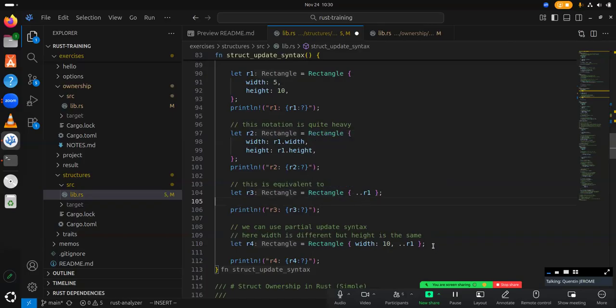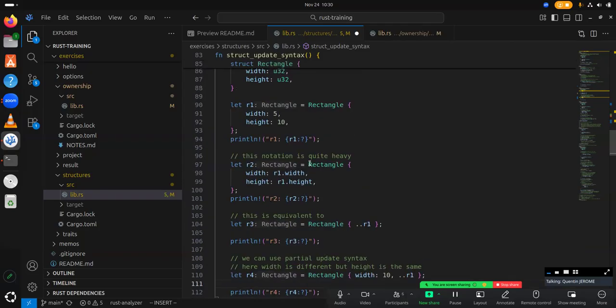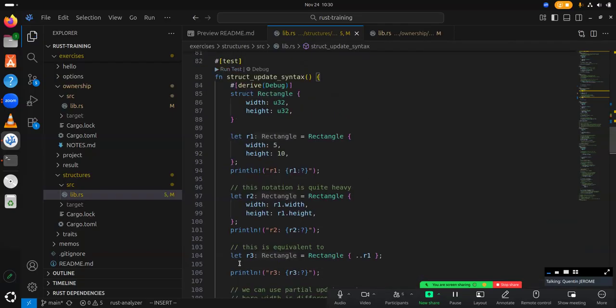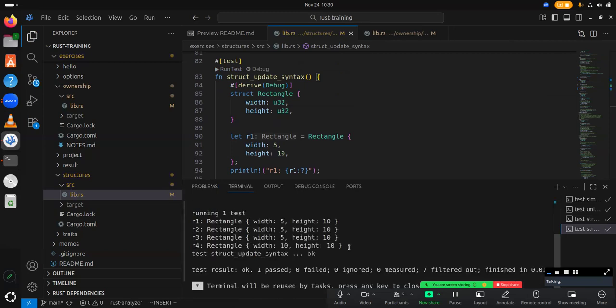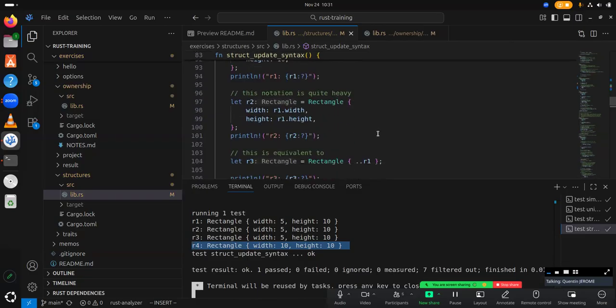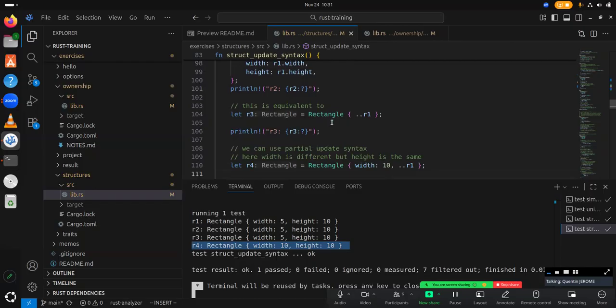And you can even do it partially. You can define some members and you say, okay, the rest is going to be the one from R1. So we can verify that. R3 should be the same as R1, and R4 should be different from R1, having width 10 and height 10. We can just run the test. And yes, that's what we said. So yes, this is a notation you are going to see. I wouldn't say a lot, but